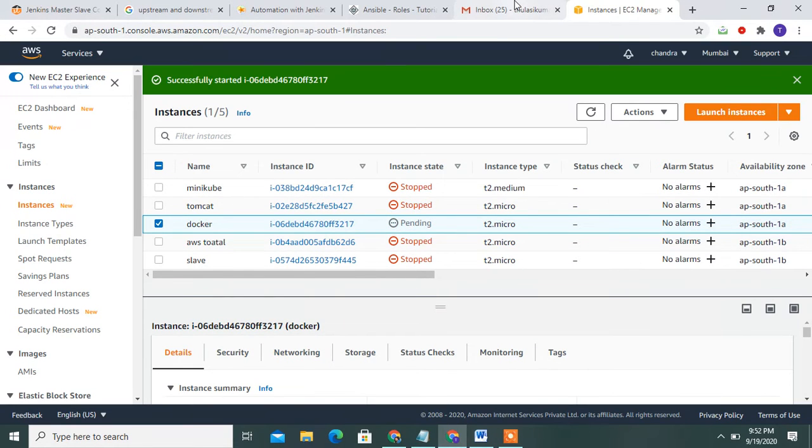First of all, I will show how to create the Docker Hub account.